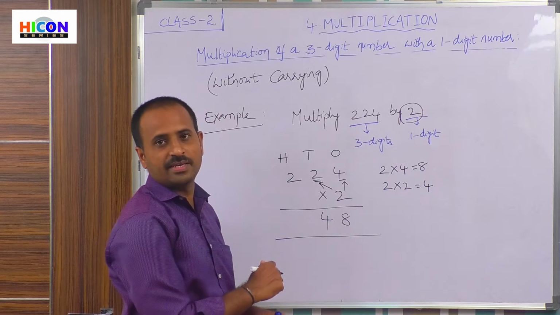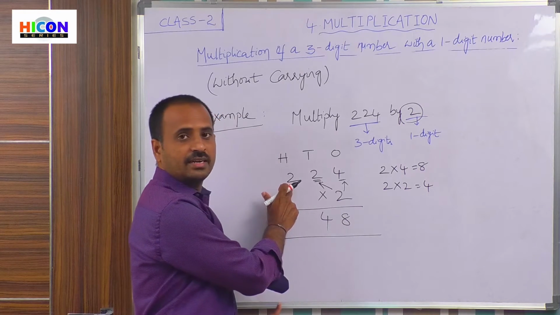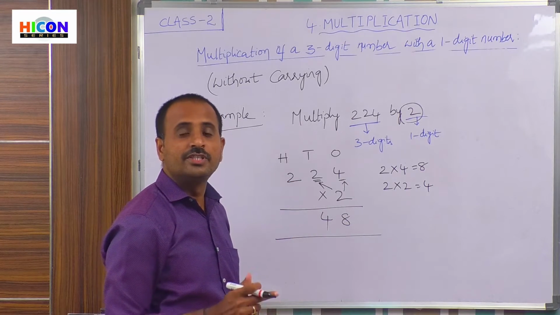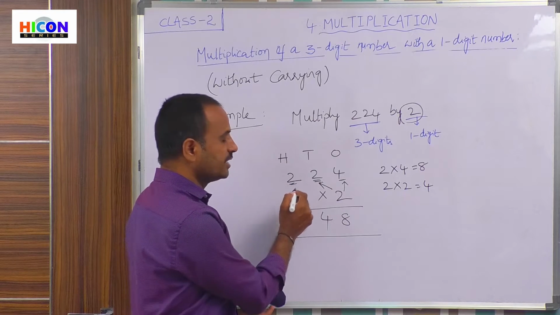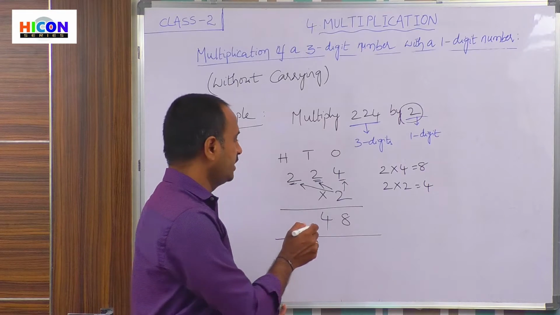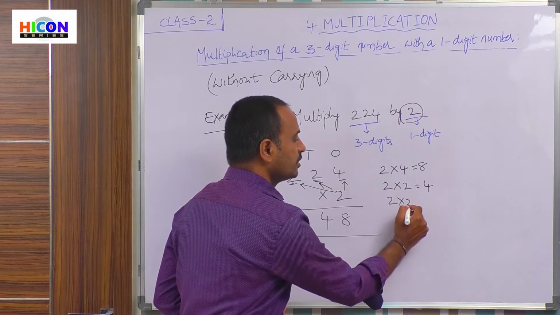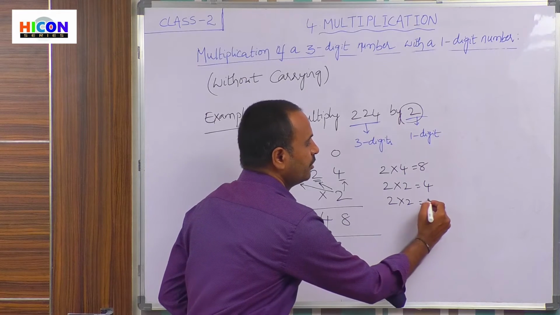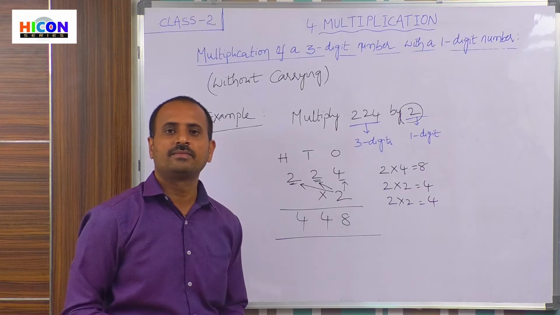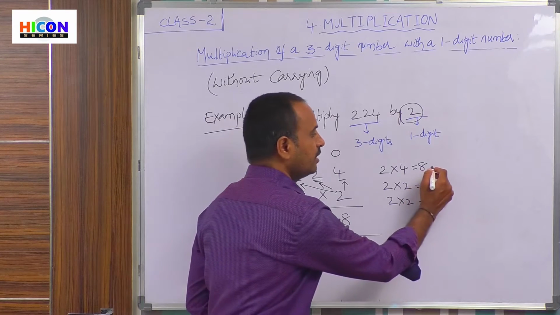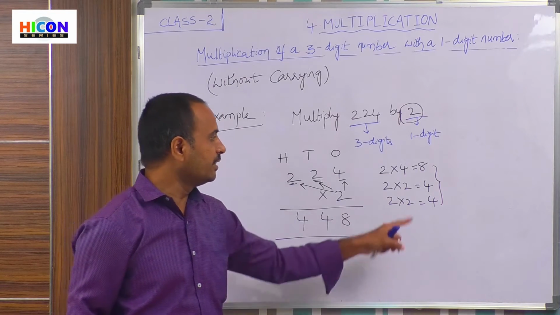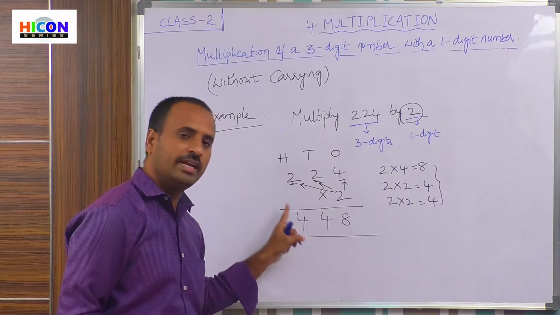Next go to hundreds place and multiply the digit present in hundreds place with 2 and write the answer under hundreds place. Which digit is present in hundreds place? 2 is present in hundreds place. Multiply this 2 with 2, that is 2 into 2. Children, again how much will you get? 2 2s are 4, and write this 4 under hundreds place. Here the products are one-digit numbers, so there is no need to carry. Write the digits under their corresponding places.